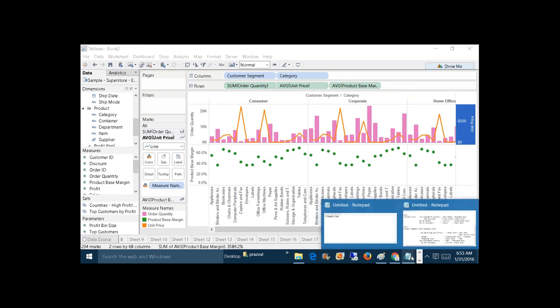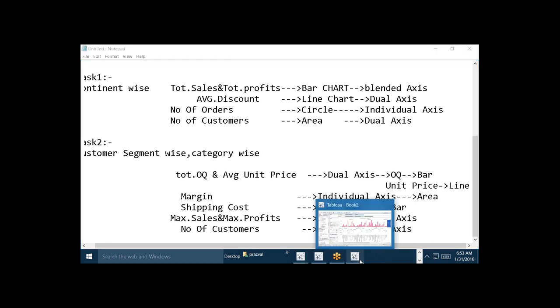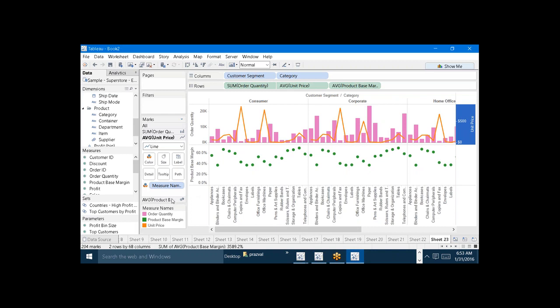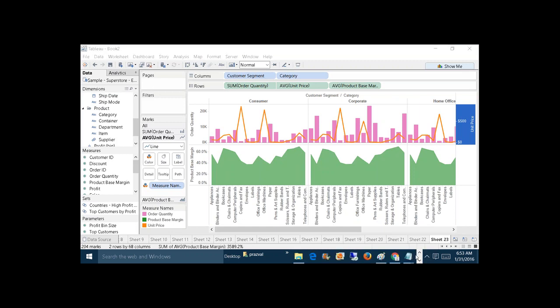So we want to show the margin in the form of square. So let me take the margin in the form of area chart. Instead of taking square, let me take in the form of area chart. So just go to the margin marks card and click on area. Okay, and click on the area chart. And to this visualization,